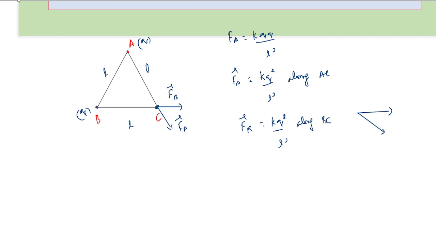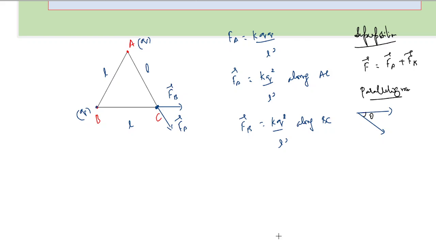We know from the principle of superposition of forces, the net force, if you call it F, is equal to the vector sum of the two forces. To add them further, you can use any one law. Here, for two vectors, given the magnitudes and if the angle between them is known, the easiest law would be the parallelogram law of vector addition.